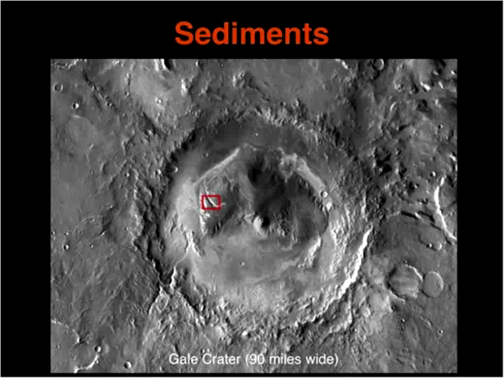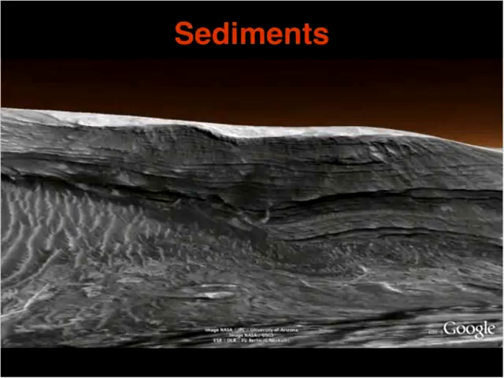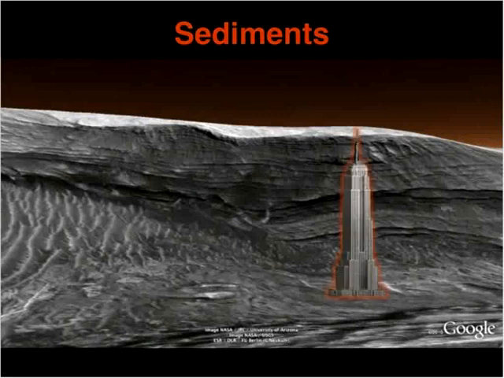Within this stack of 3 mile high sedimentary rock is a canyon, and within that canyon you can see beautiful layers of sedimentary rock. So you can see the nicely layered cliff face here, and just to give you a sense of scale, this is a huge cliff face. So the Empire State Building gives a sense of that scale. So this is not just a little road cut.